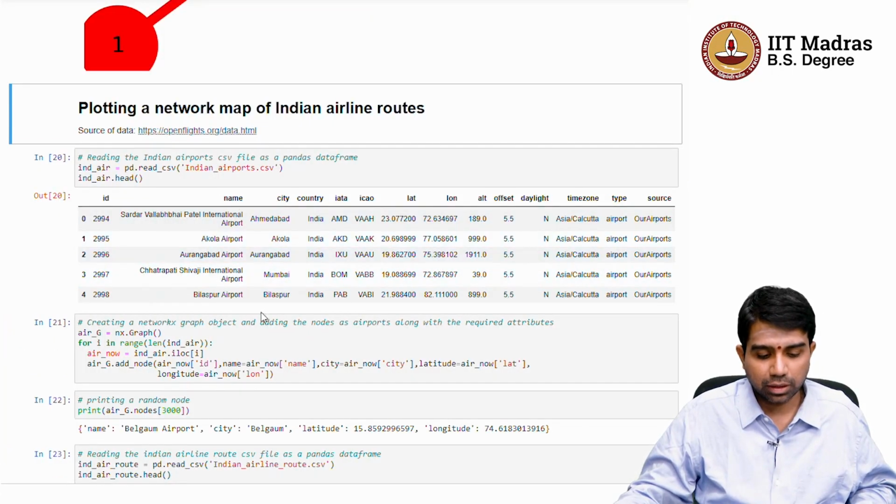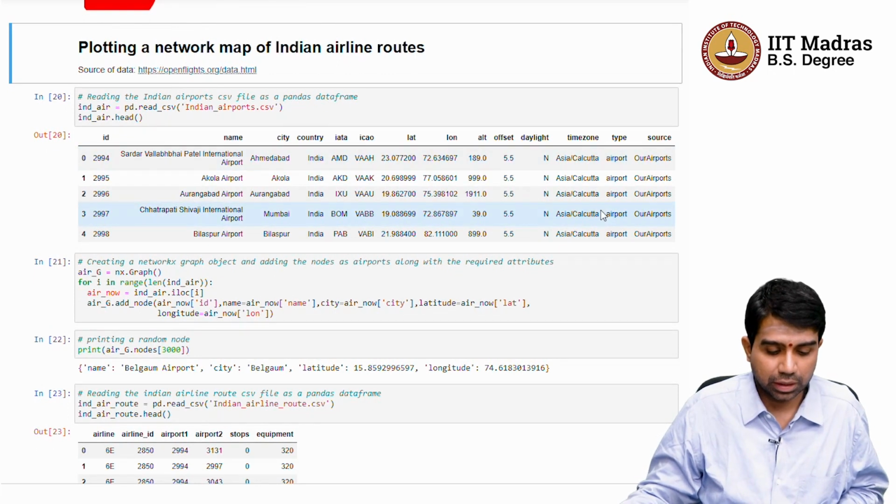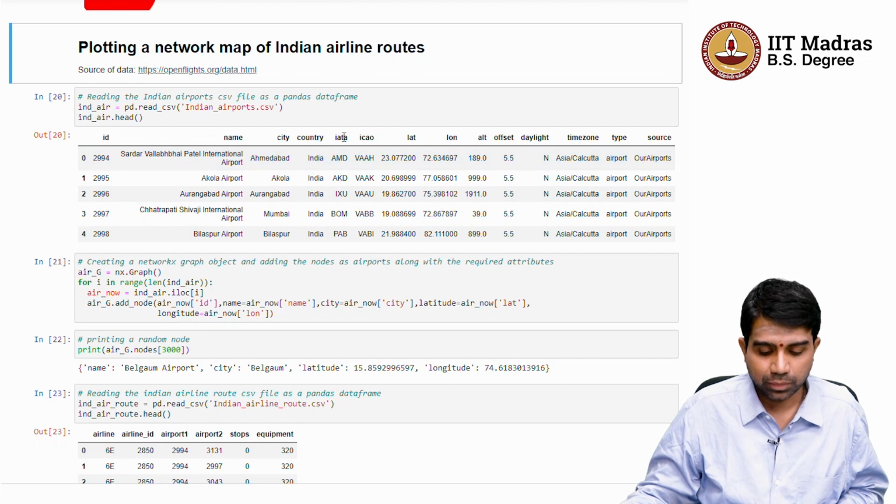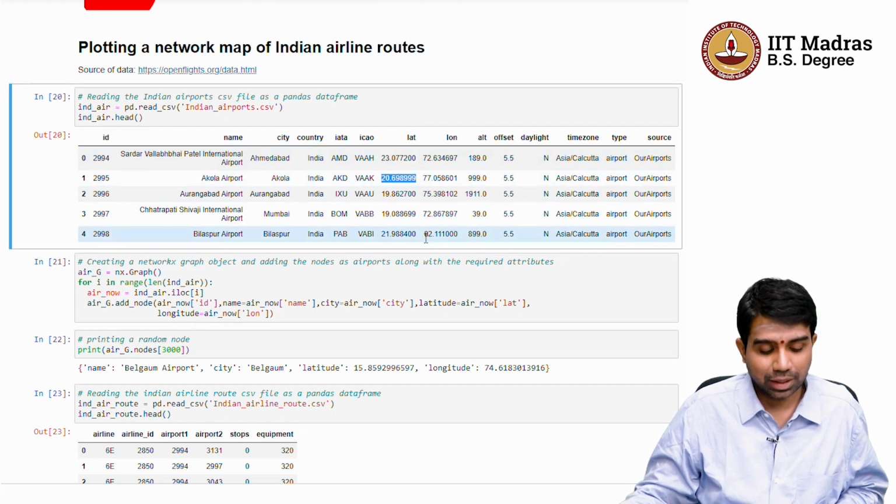Okay, and it gives you a number of things. It gives you the name of the airport, the city, country, of course, then what is the IATA call sign and so on, and what is the IATA abbreviation for the particular airport and so on and so on. Right? And most importantly, you have the latitude, longitude, altitude, time zone and things like that. What's most interesting is that you can now use this information to actually plot this visually, and let's see how